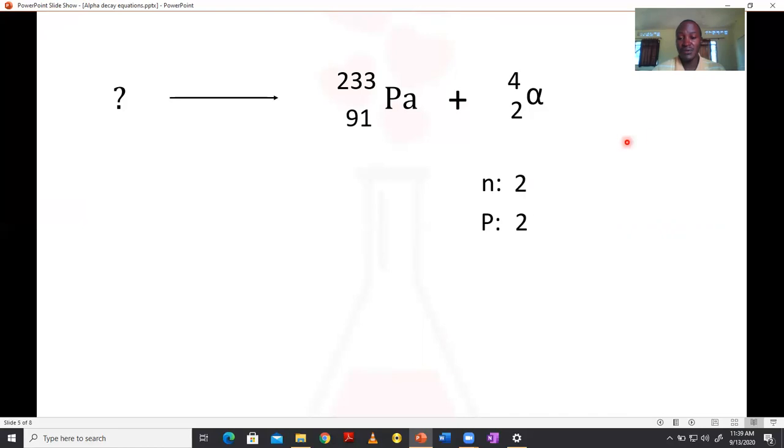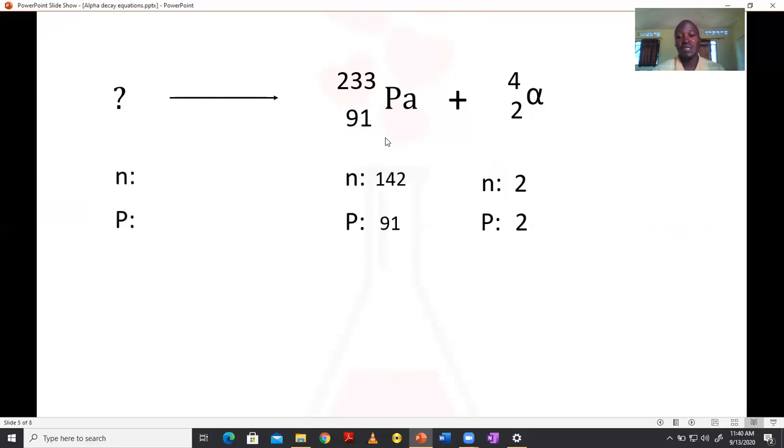Alpha particle shall have 2 neutrons and 2 protons. Neutrons are always got by subtracting the mass number minus the atomic number. So 4 minus 2, we get 2. While for protactinium, the number of protons will be 91, as we follow the subscript, while the number of neutrons will be the mass number 233 minus 91, and we